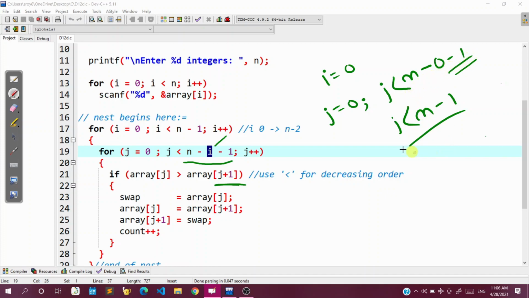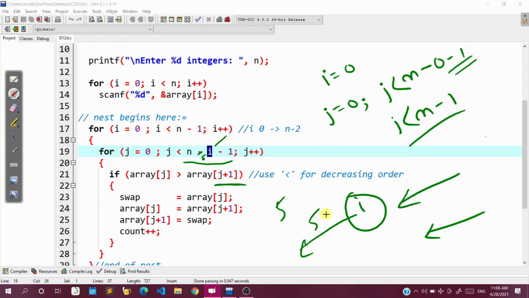The second thing, why this -i? What is the reason of giving this -i? Remember that in theory we have discussed the beauty of bubble sort: it gives us i number of sorted elements from the right hand side after i iterations. So after 2 iterations, I will get the last 2 elements already sorted in their own place. After 5 iterations, I will get 5 elements from the right hand side already sorted.